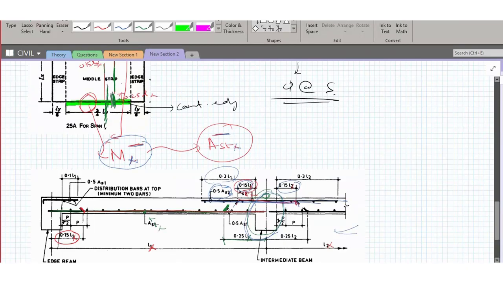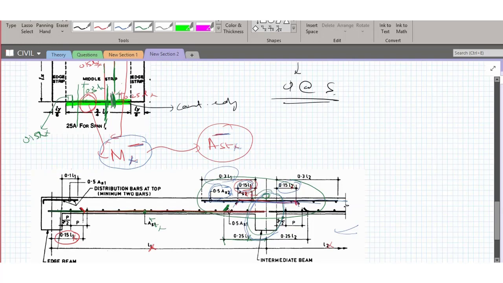If you go to this bar, the distance from here to here is 0.15 L. Let me mark here: this is the short bar, and this is a longer bar. So the distance from here to here will be 0.15 L. Since I'm talking about LX, this will be 0.15 L. And this distance will be 0.3 L. So this is the kind of arrangement you are going to make, and the same thing you can see here, which has been mentioned. Is this clear?